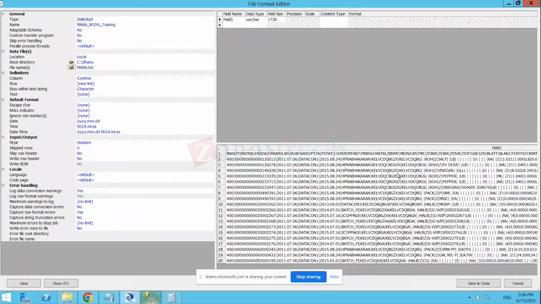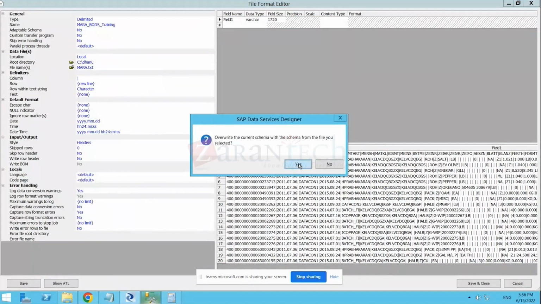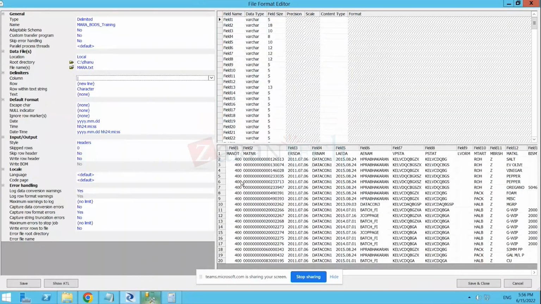It hasn't found any comma between one column and another. So we should give the delimiter as a pipe symbol here and click enter. This pop-up screen will come to you. If you click on Yes, then see every column is